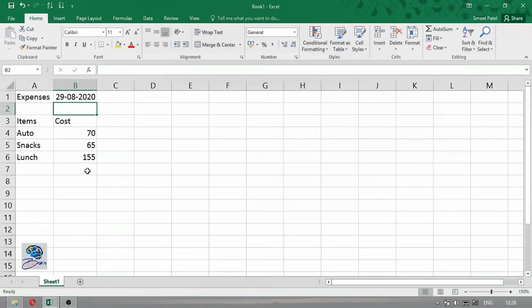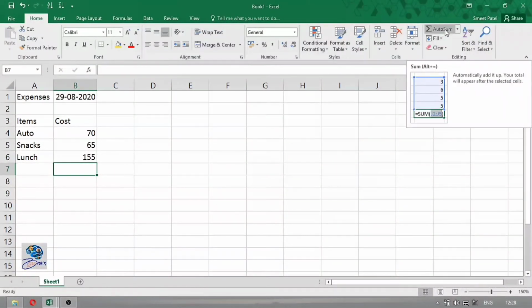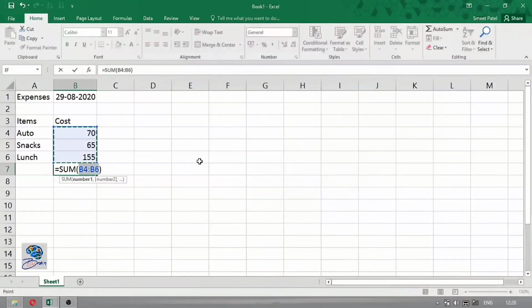Excel will adjust on its own sometimes, but sometimes if it doesn't, you have to do it manually. Right now I will auto sum this amount to view the final amount of today's expenses. These formulas we will see in later videos. Right now I am showing you the auto sum option. I will click on the auto sum option. What will it do?